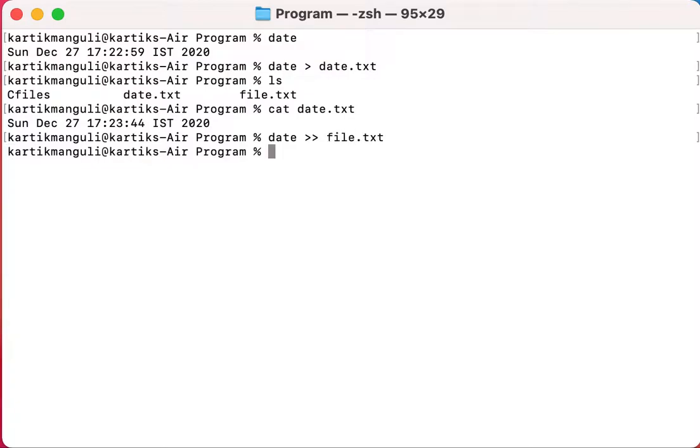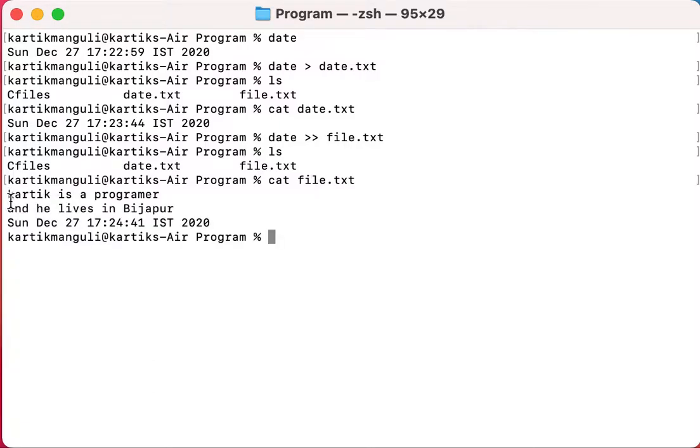Okay, let me show you. Date, and okay, let me show the contents of file.txt. You can see it has not modified the above two sentences, above two rows, but it has appended today's date, Sunday, December 27. So if you use 2 times right chevron, it will not override, it will write after the existing text. If you use only one right chevron, it will modify your entire text, it will delete the old one, and it will write the new text.